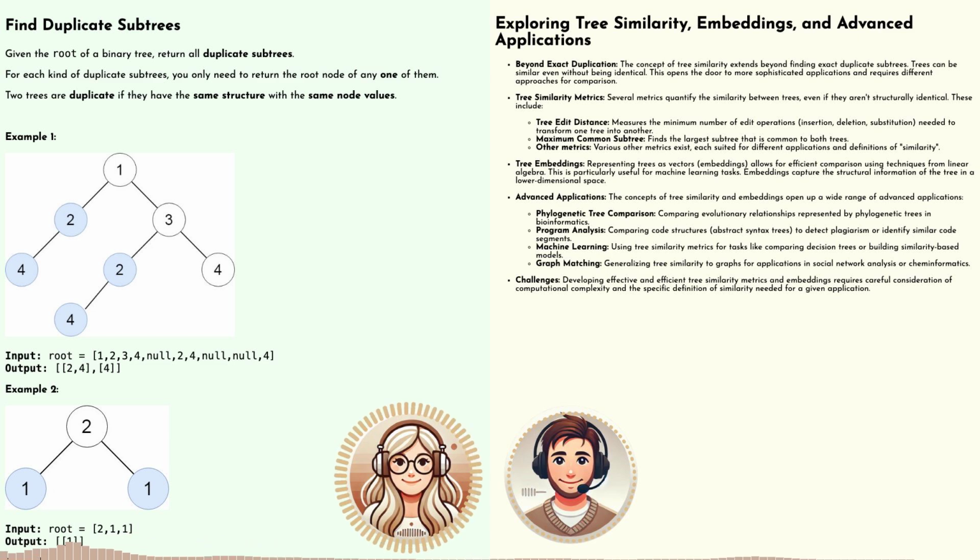There are. One really cool approach is to use tree embeddings. Tree embeddings. Okay, this sounds a bit familiar. Didn't we talk about representing subtrees as strings or numbers earlier? Is this like that but just fancier? It is similar in spirit, but instead of using a single string or a single number,